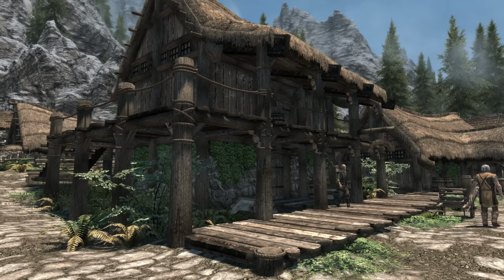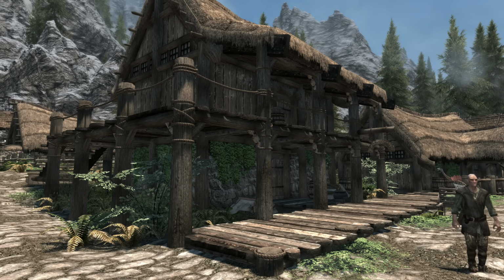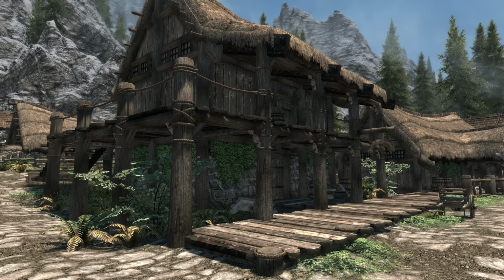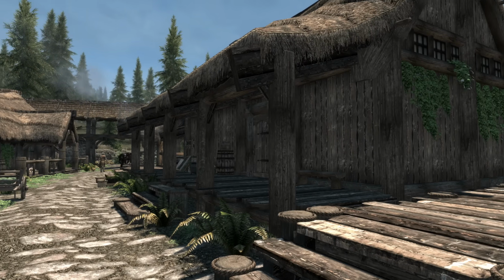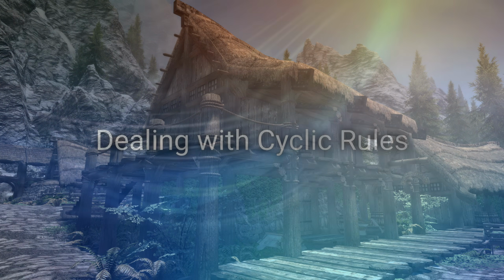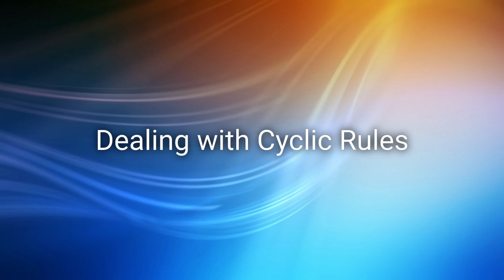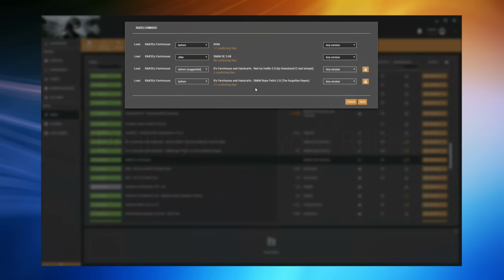What I really want you to take away from this is the idea that you can actually play with the order the mods are loaded and get some different effects in game. And occasionally you may get something that's less than desirable, but with VORTEX you do have the power to fix it if possible. So we've tried loading the Farmhouse mod after SMIM and before NSM, but what happens if we